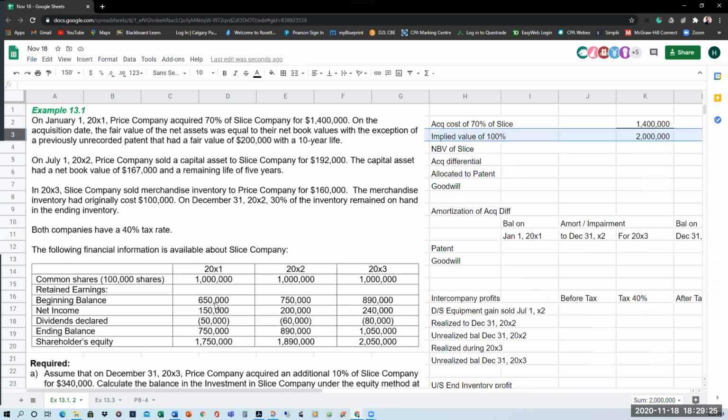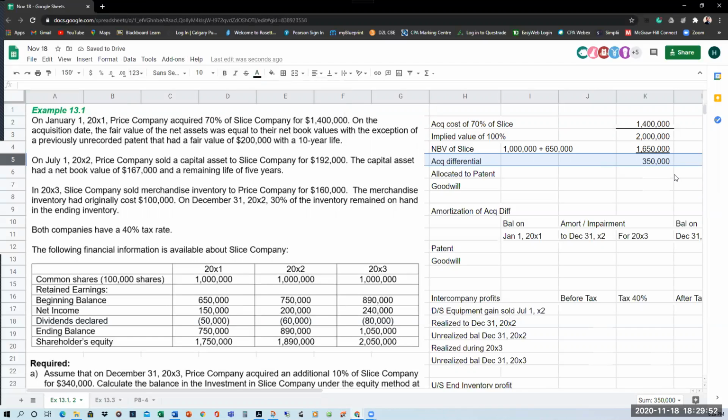So total net book value of Slice on Jan 1st, 2001 was $1 million common shares plus $650,000 retained earnings. So total net book value of Slice on the date of acquisition was 1,650,000. You subtract that from the implied value of 100%, we get